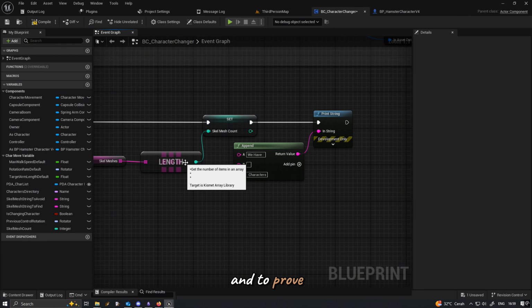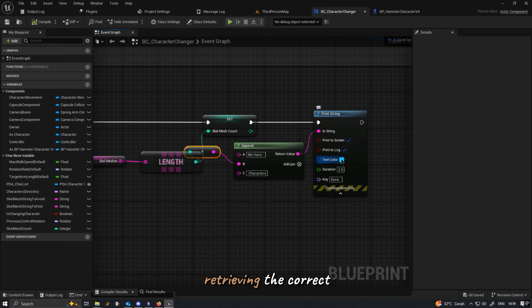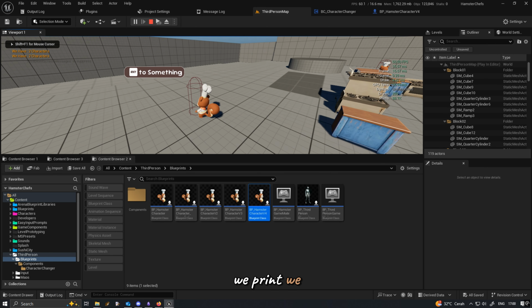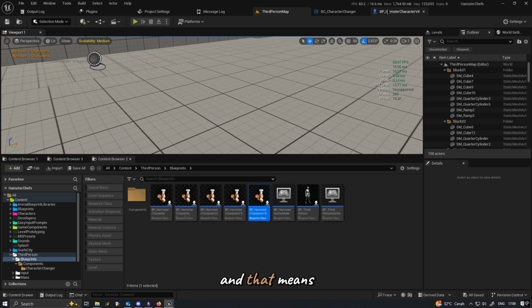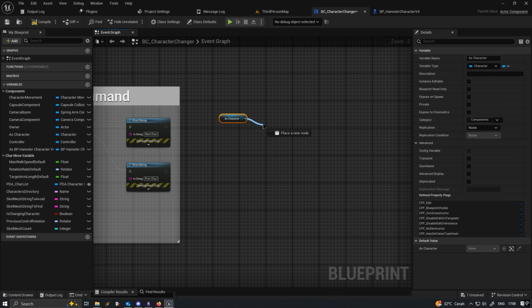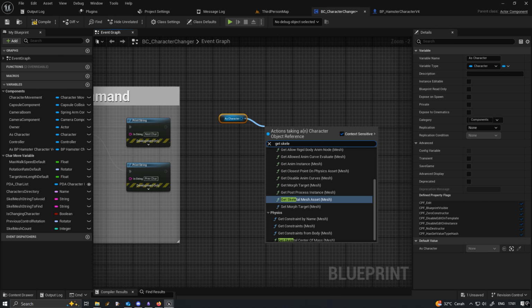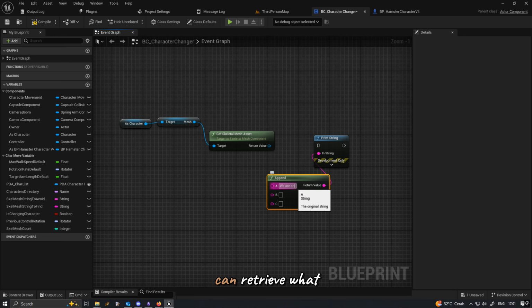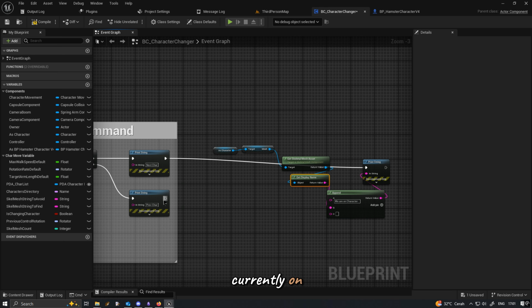And to prove that we are retrieving the correct information, we just print string from that scale mesh count. We print: we have 2 characters. That means we are correct. Okay, now I'm still not sure, so we reconfirm that we can in fact retrieve what mesh we are currently on.